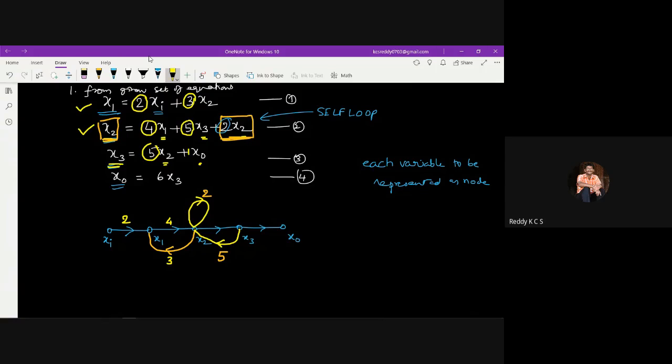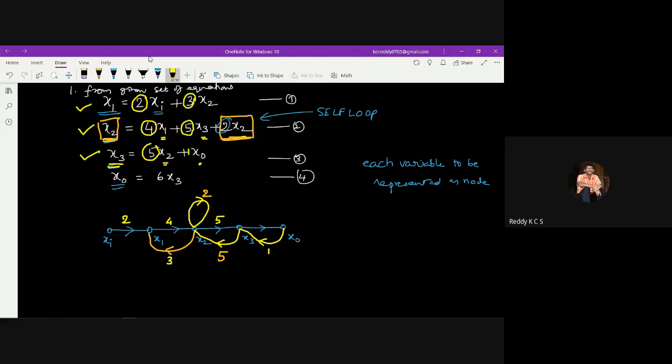So here I can write from x2 it is a 5, like this, and also from x0 it is coming, so we need to give a feedback like a loop like this, which has a value of 1. You need not represent it also. Okay, right. So finally, this is the third equation which we have represented.